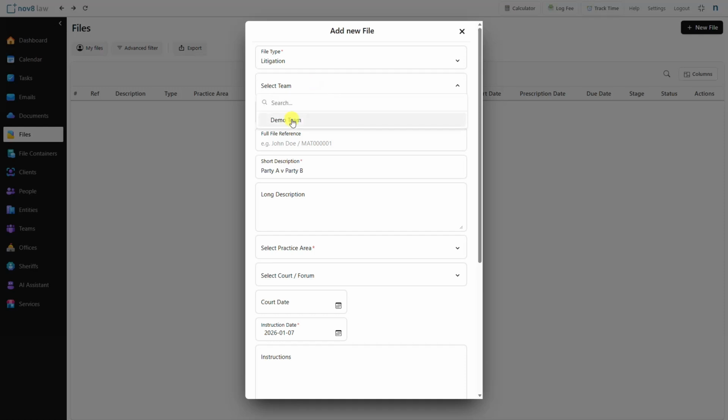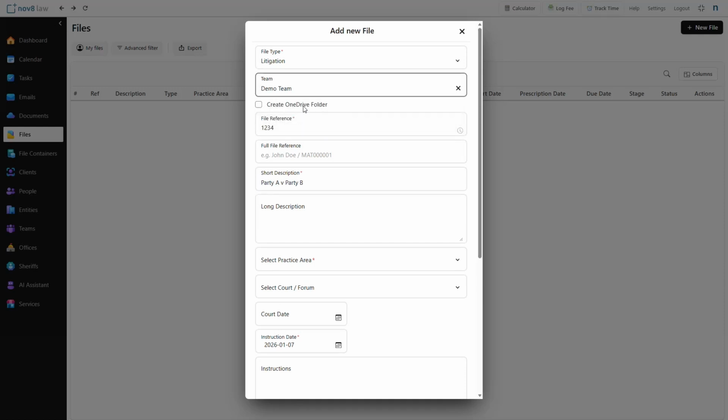You can allocate this file to a team, and if it's a new file where there is not an existing OneDrive folder for that file, you can create a new OneDrive folder. I'm not going to do it at this stage so that we can later show how you link existing folders